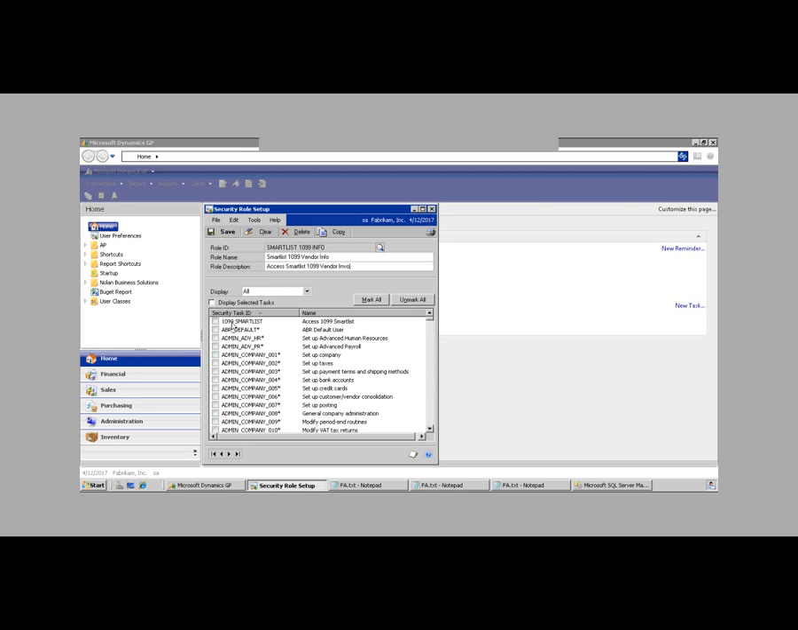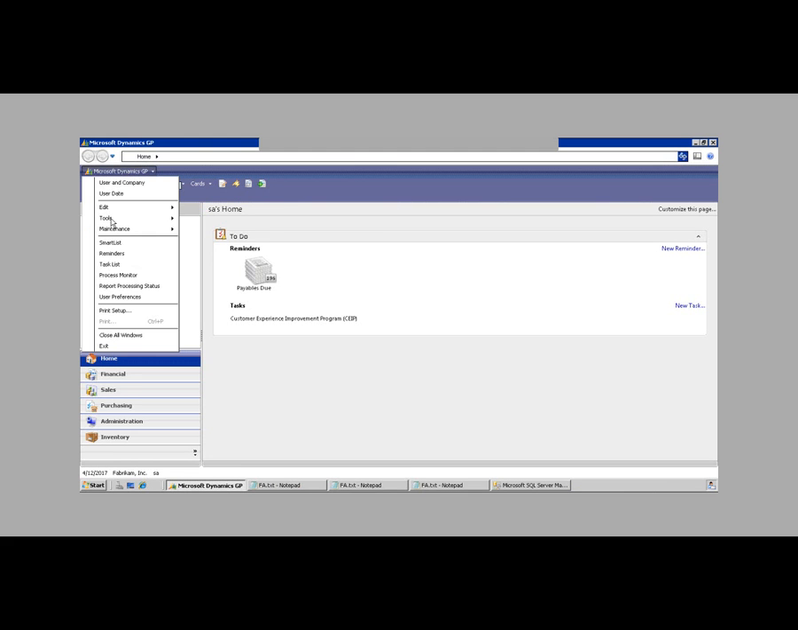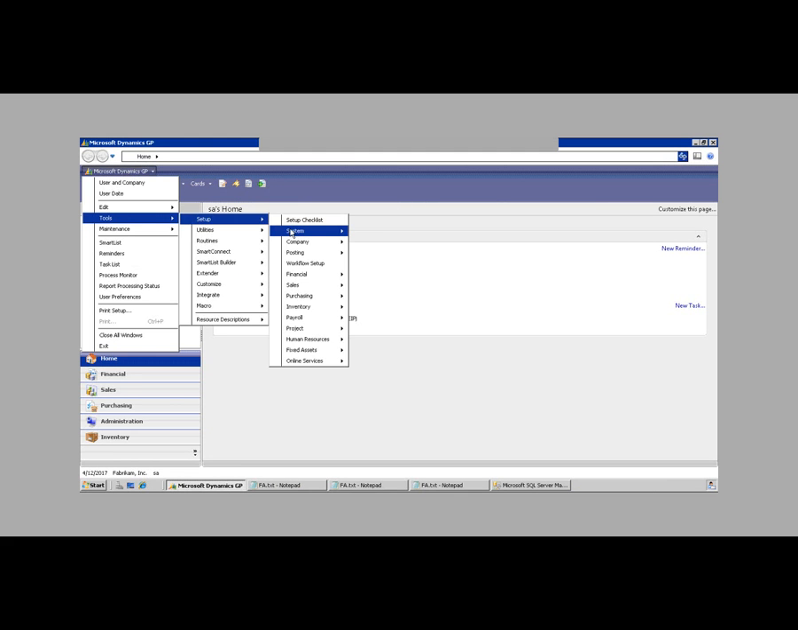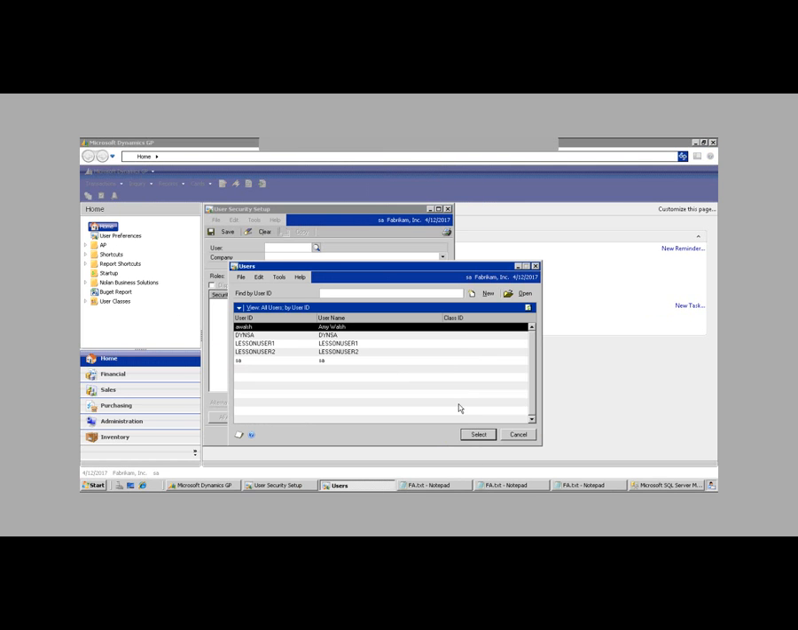Okay, and then once I have my role set up, what I'll do is just select my task, my 1099 smart list here, and I'm going to click save. Then my next step is going to be assign my role to my user. So if we go over to user security, we'll pick my user,